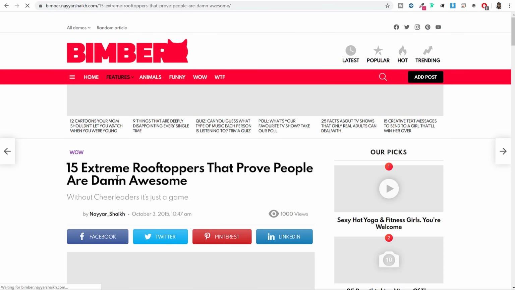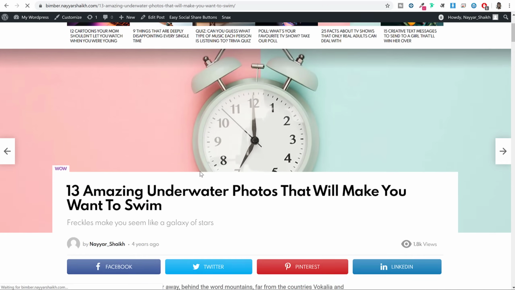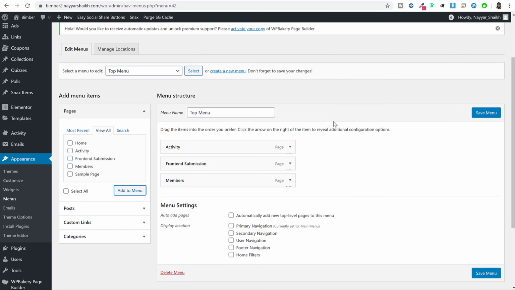Okay, now as you can see, 15 extreme rooftoppers. Again, if I click on this link, so every time you click on this link, you will get a new and random article. Again, another article. So this works. So if you want to create this thing, what you have to do is you have to